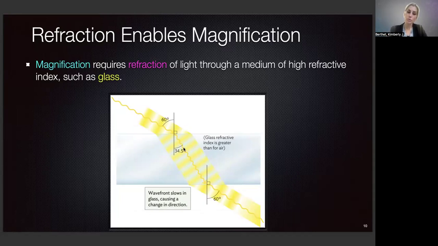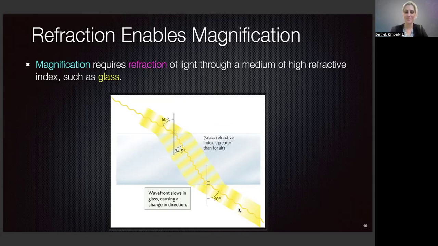And then it moves through at 34.5 degrees, moving through the glass, and then moves back out of the glass, maybe into a different medium. So this could be an oil medium if we're doing oil immersion. It could be a wet mount with water as what we're moving into. But refraction will change as it moves through a different medium, and it depends on how high the refractive index is of that medium and how the wavelengths